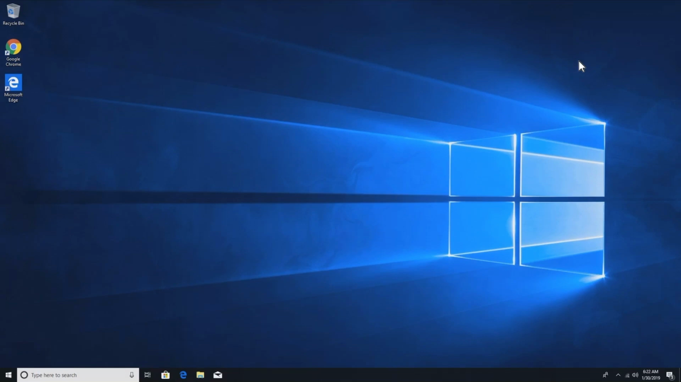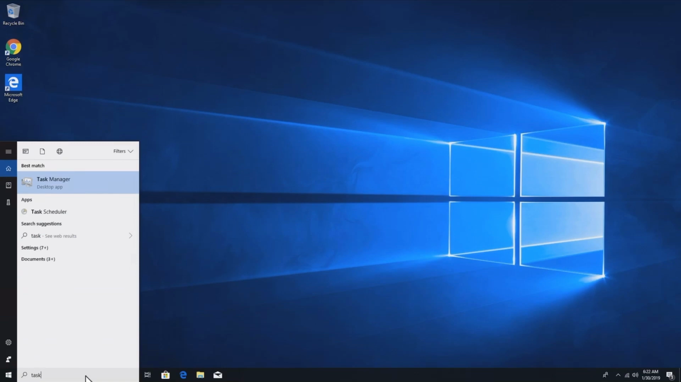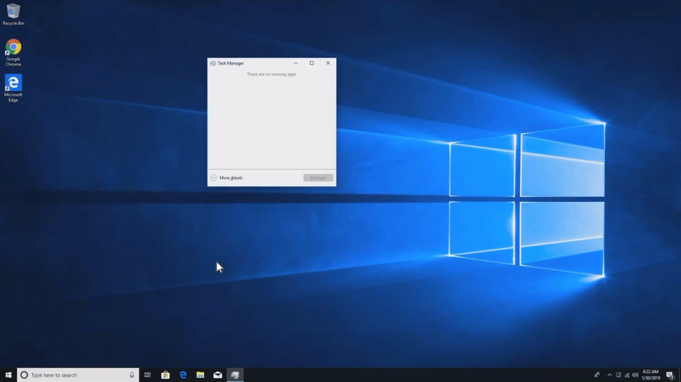Next, let's look at a program called Task Manager. This program helps you manage processes on your computer. Now, Task Manager is not pinned to my taskbar, and so I'm going to try searching it with the search bar, and you see it pops up, so you can either go up and click it, or you can hit enter on your keyboard. It'll normally start off like this, and you won't see much, but you can click the